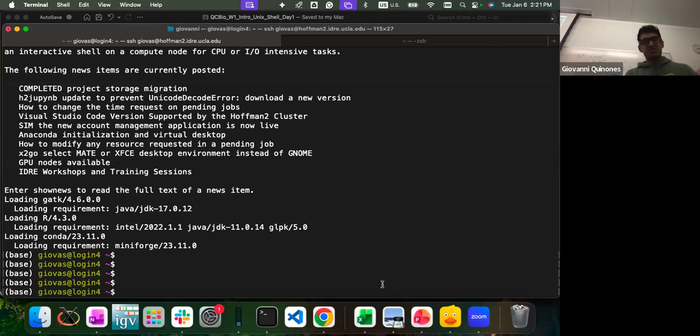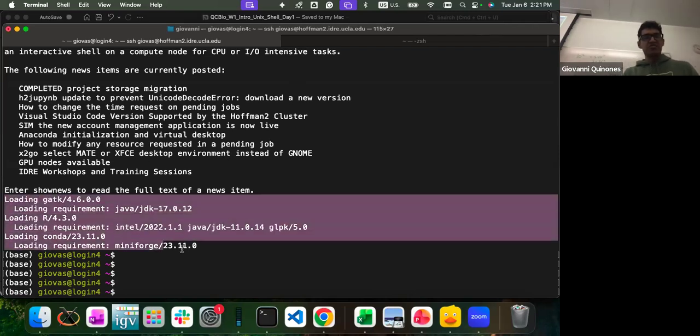Okay, so this is just to give you a brief overview of the first initial messages. This probably doesn't show for you either, like loading packages. This is also something that I set up in my own account because when I log in, I want these programs to be readily available.